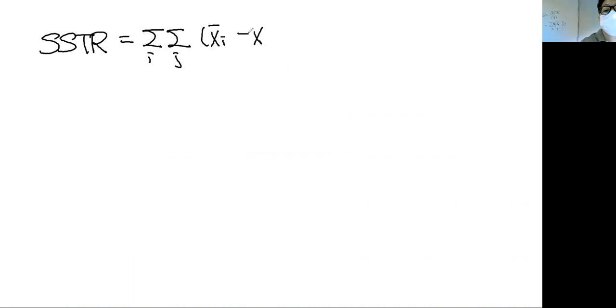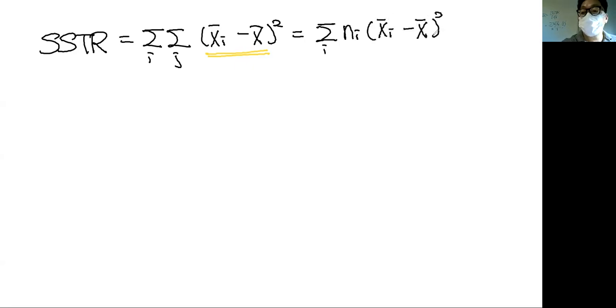I want to explain to you a little bit more about the SSE, right? Before, when we discussed the SSTR, which was the double summation over i and j, it was the between. So xi bar minus x bar squared. But we modified it because in the difference, it does not have the j index. So we modified it to the summation over i of xi bar minus x bar squared,